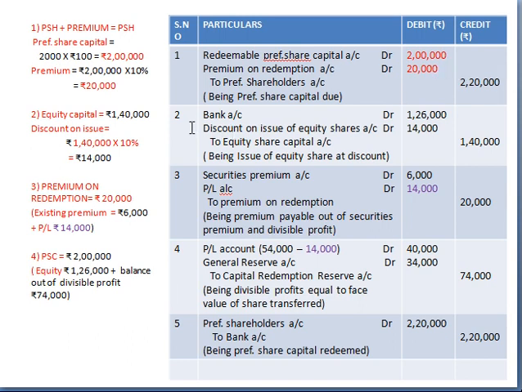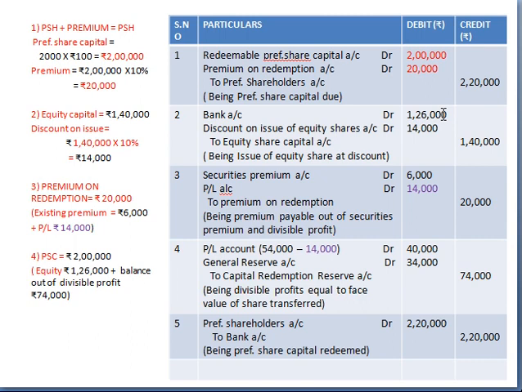Then second is the company issued the new equity shares at a discount, right? When the company issues new equity shares, company receives the money, which means cash to be debited. So debit your bank account. Next is the company issued shares at discount. So enter in your debit side, discount on issue of equity shares account debit to equity share capital account. So equity share capital we calculated in the previous calculation, which is 1,40,000, and discount also you have calculated, which is 14,000. Subtract these two, the bank amount will be 1,26,000.